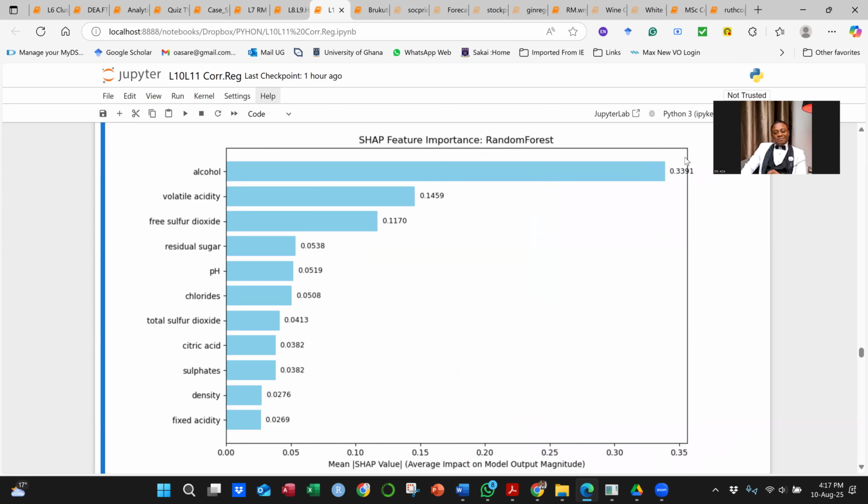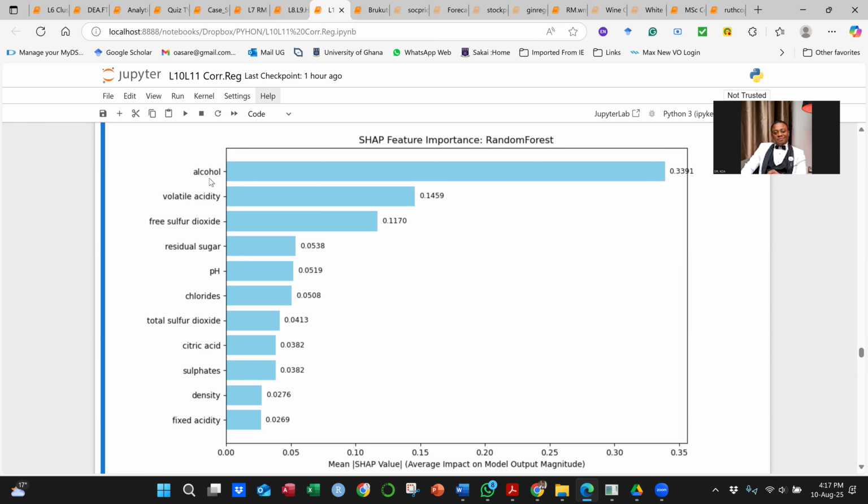Guys, if you start using them, you see that you are now learning. They're powerful. Do you remember I told you that the two variables that might be good are alcohol and volatile acidity? And you can see that truly the importance is being exhibited here. What makes it good is that it tells you that alcohol is not just the best, but it tells you the percentage of its best.